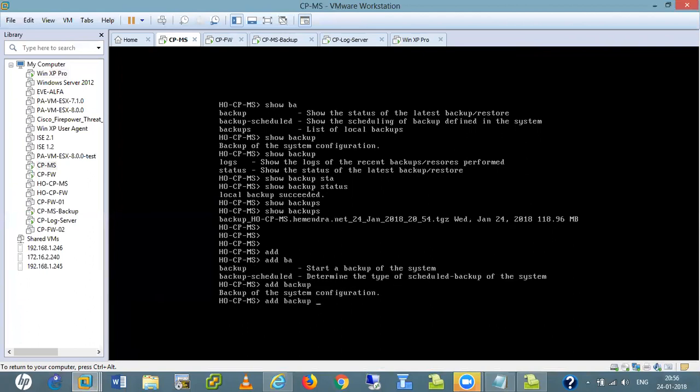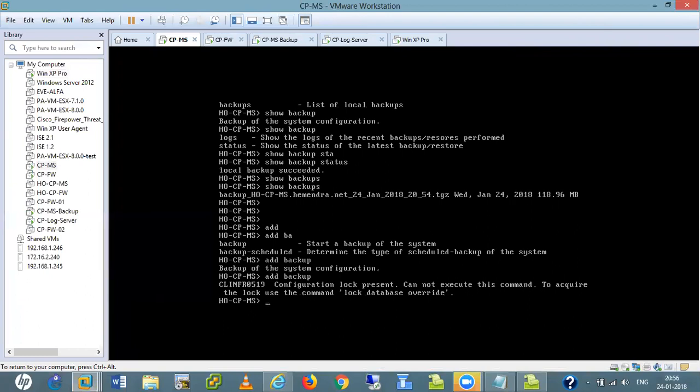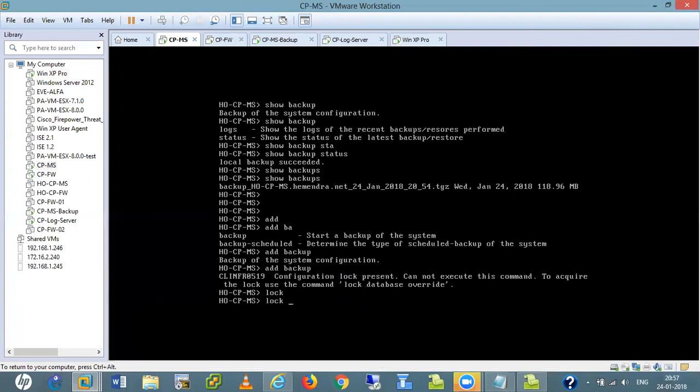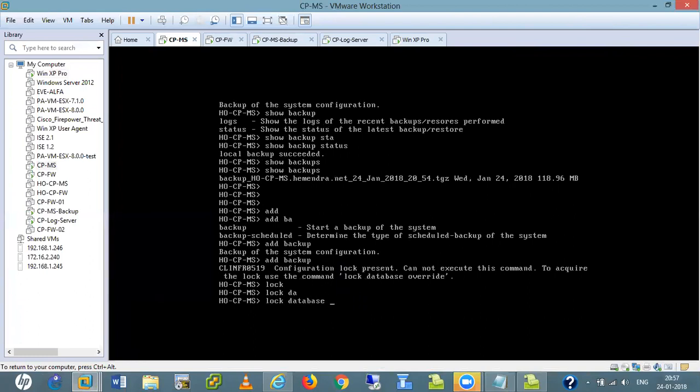Here we can add a backup of the system configuration. Log present. So see, right now, log database override. Generally I first run this command, lock database override.